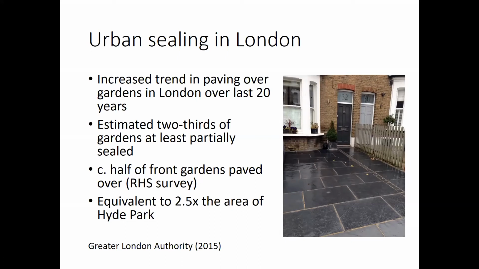The Royal Horticultural Society did their own survey. They estimate around half of front gardens have been paved over in London. So it's a difficult thing to quantify, could be an interesting project or independent type project. It's something I want to look into a bit further, looking at the satellite imagery and different map-based data and the kinds of things that I'm looking at.